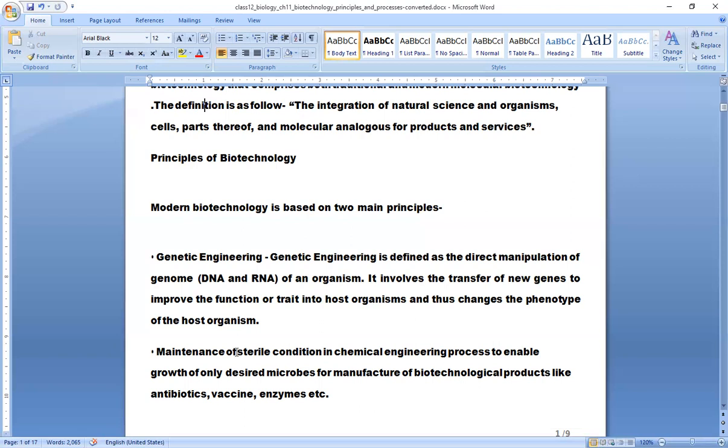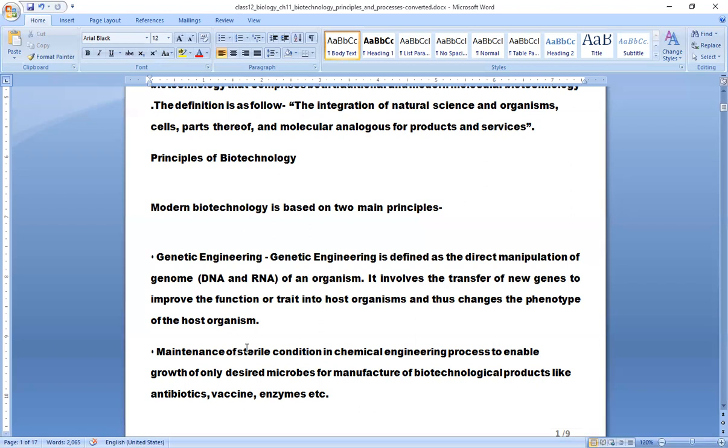So this gene is then added to the host organism, and the phenotype of the host organism changes accordingly, because the new genes are being added, so the new genes are also going to express themselves. So once the particular DNA or gene is there, when another gene is entered inside it, the other gene also gets expressed inside the host body. When it is expressed, the different types of genes are working together in a particular organism, right? So this was the first principle, that is, genetic engineering.